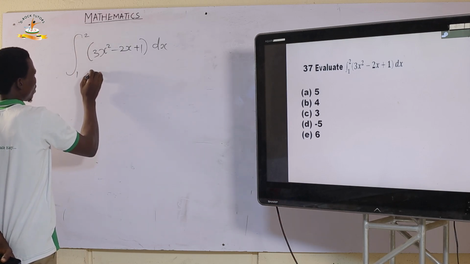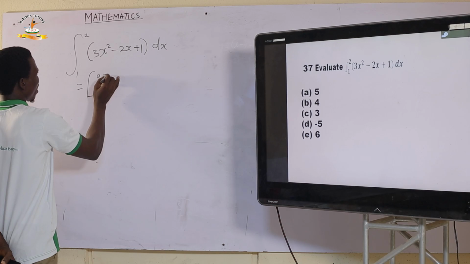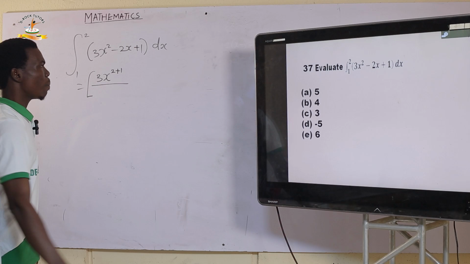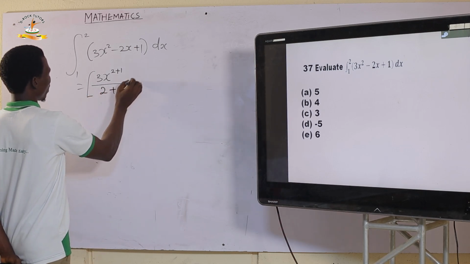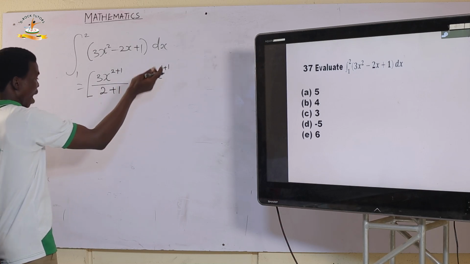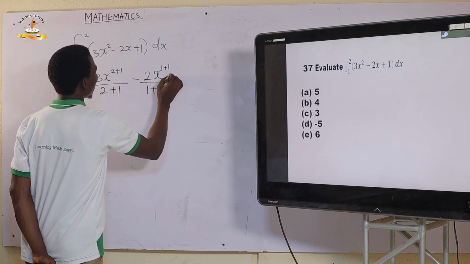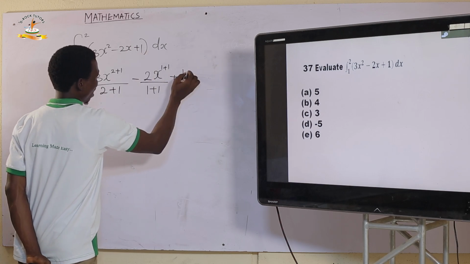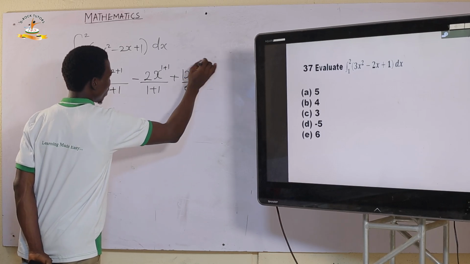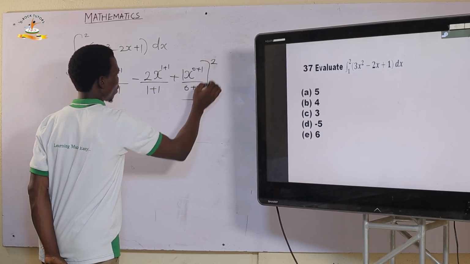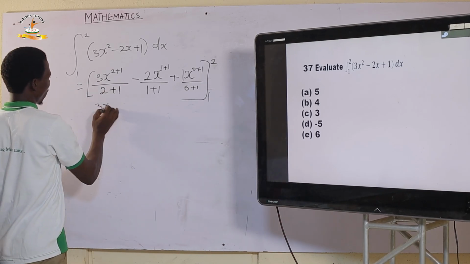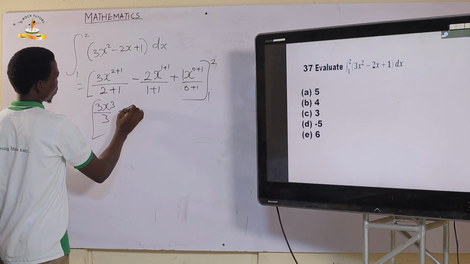And we just simply say your solution is going to be 3x raised to power 2, then you add it with 1, then you now divide by the what? By the new power, and that's going to be what? 2 plus 1, minus 2x raised to power 1 plus 1, because there was 1 here, then I increase it by 1, all over 1 plus 1, plus 1. Don't forget, this one was what? X raised to power 0. So I write x raised to power 0 plus 1 all over 0 plus 1. It is a definite integral, so I put my what? Boundary conditions. And with this, I'm going to have 3x raised to power 3 all by 3 minus 2x squared